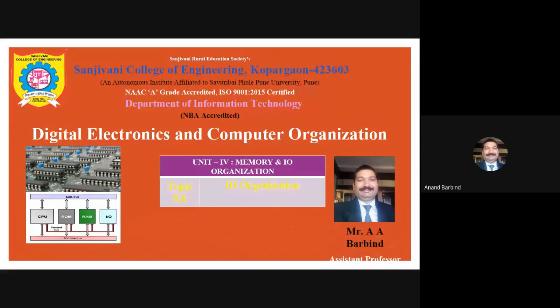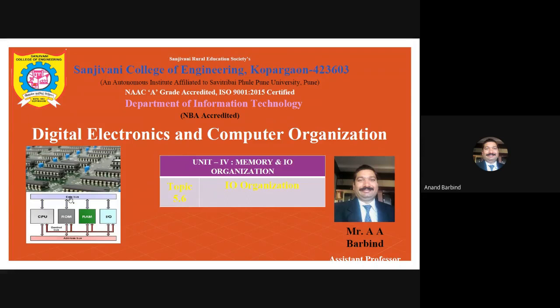The long form of IO, as you know, is input output organization. You can see in the logo of this DECO,